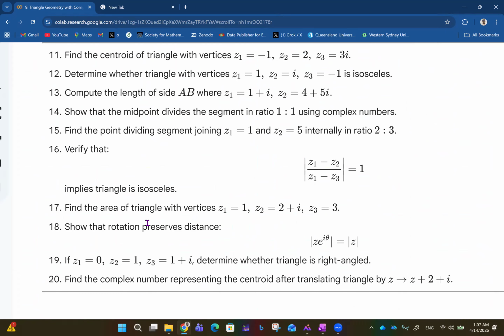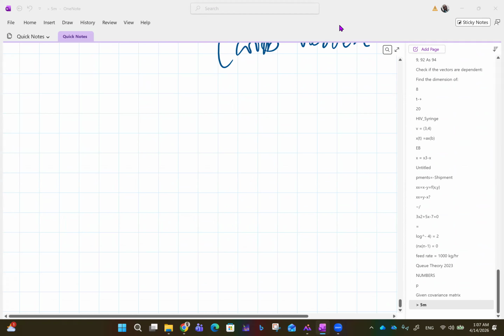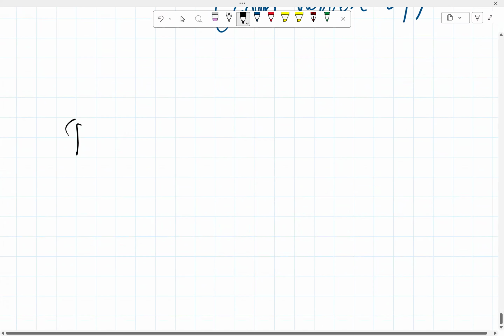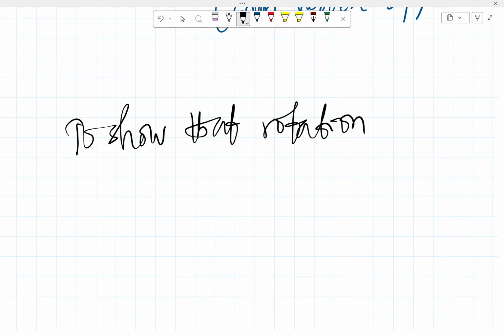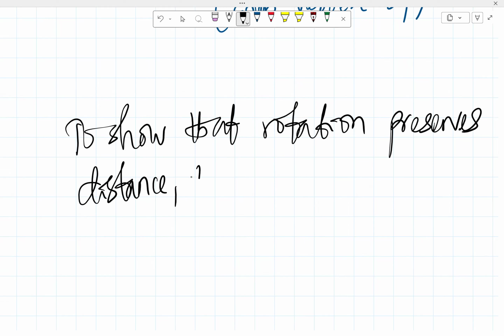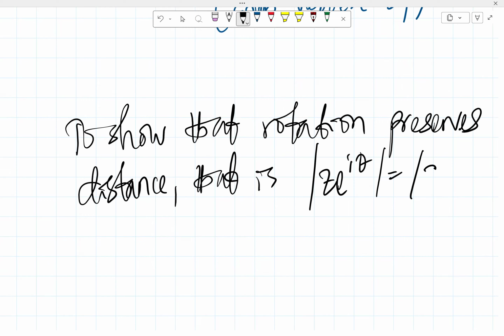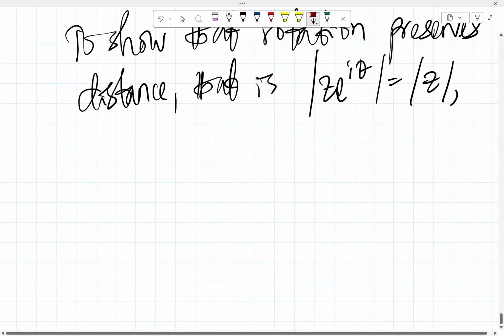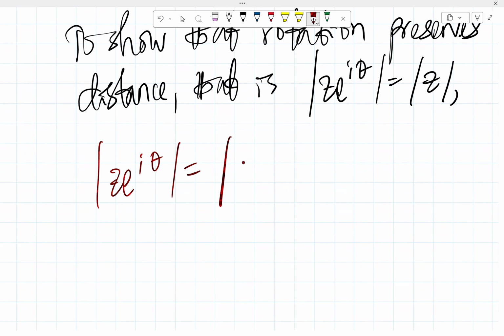Show that rotation preserves distance, that the absolute value of Z e raised to the power i theta is the same thing as the absolute value of Z. So to show that rotation preserves distance, that is, the absolute value of Z e raised to the power i theta is equal to the absolute value of Z, we have the absolute value of Z e raised to the power i theta, which is the same thing as the absolute value of Z into